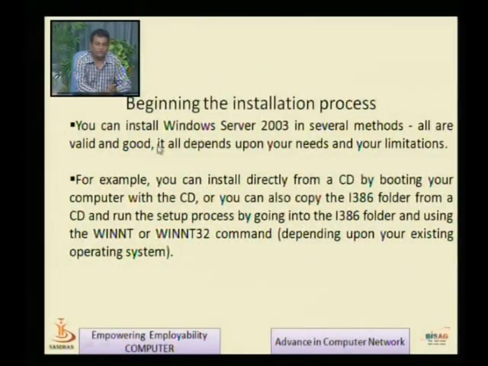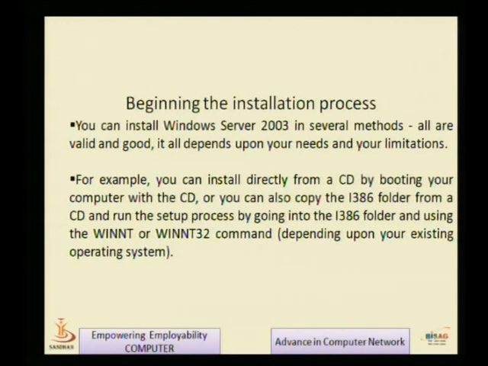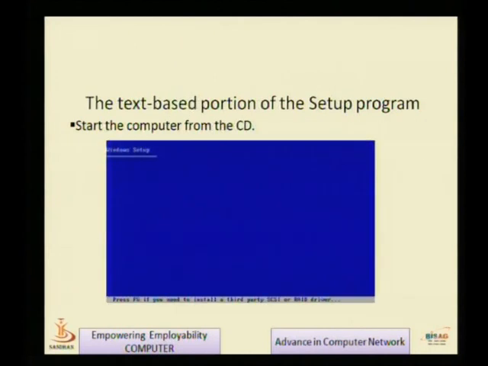Here I am going to give you a demonstration where we insert a CD in the drive and reboot the system to start the server installation. The server installation is a two-step process. The first is the text-based portion of the setup program. The other portion is the GUI-based server setup.